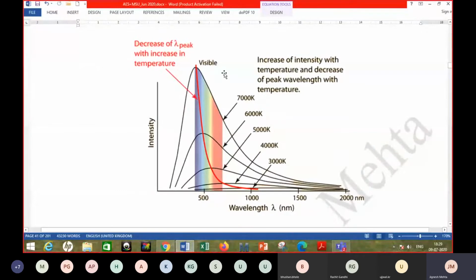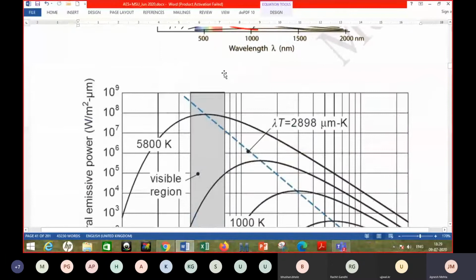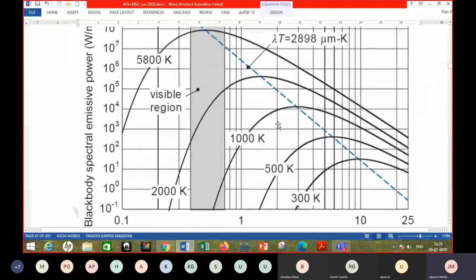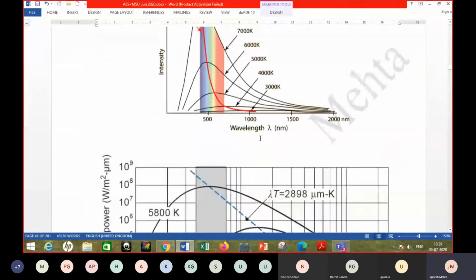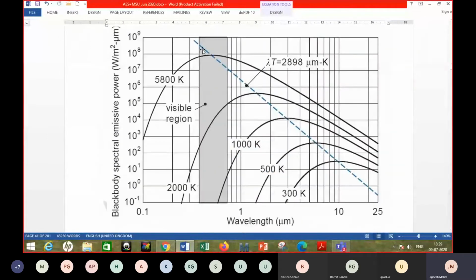Okay, now the extraterrestrial solar radiation, that is the radiation that is available outside Earth's surface. What is the nature of that? It is shown with the help of these graphs. Now, if you consider the sun to be, as I told earlier, the surface temperature of the sun is important for us, not the core temperature, and the surface black body temperature is found to be around 5800 Kelvin.